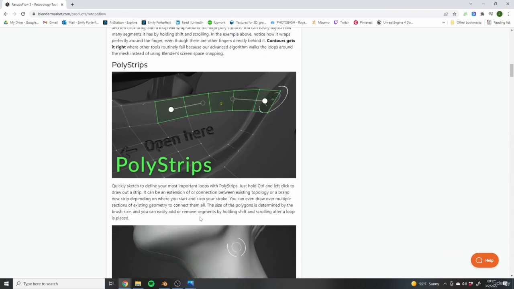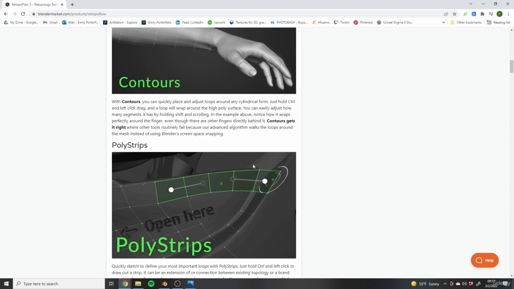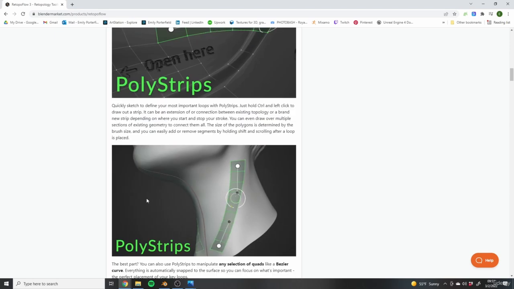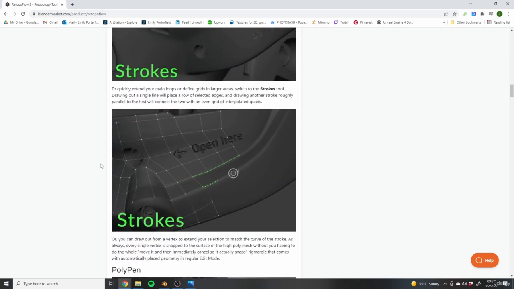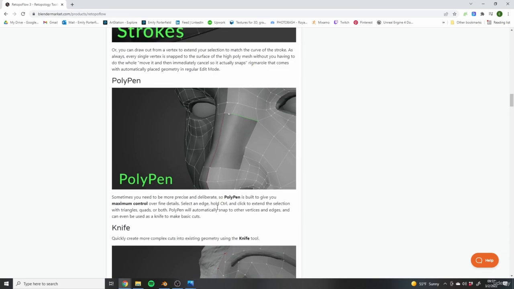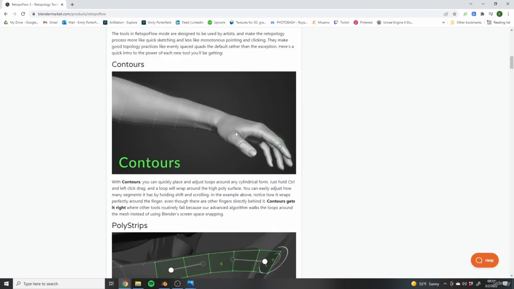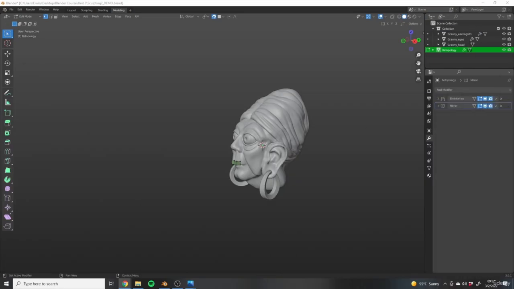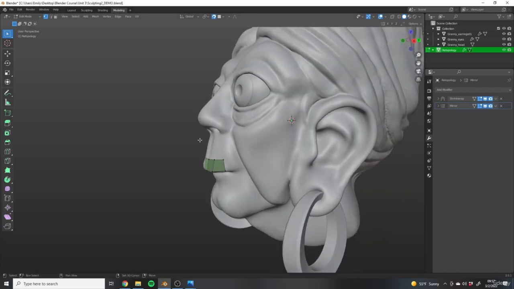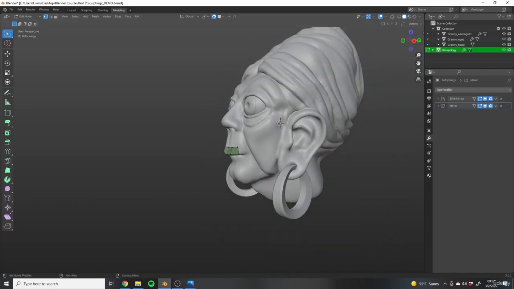We're not going to be using this in this video, again, because it is a paid add-on. But just know that if you start retopologizing and you're thinking, oh man, this is very time consuming and I wish there was a faster way, there are, you may need to invest a little later down the road if you find that you're doing a lot of retopology and you want to speed up the process. This is one I recommend. There are others out there. Some are paid, some are not. But I know for a fact that Retopology is a good one. Again, we're not going to use it because it is a paid add-on, but there is one more add-on that